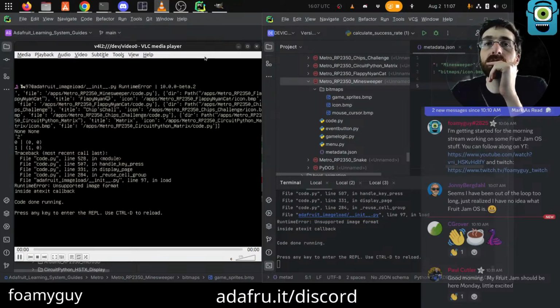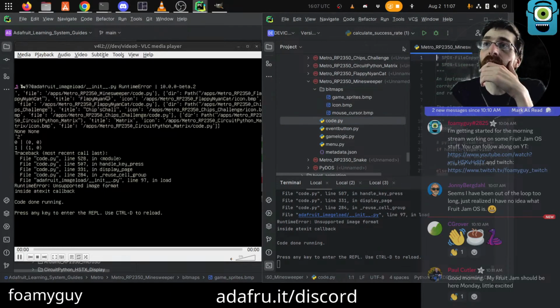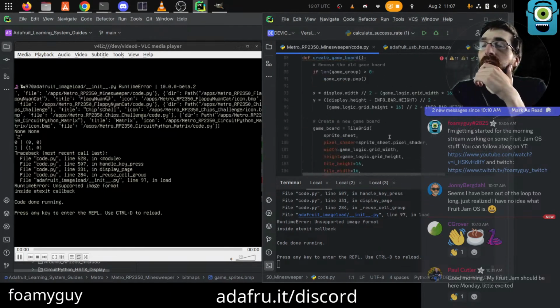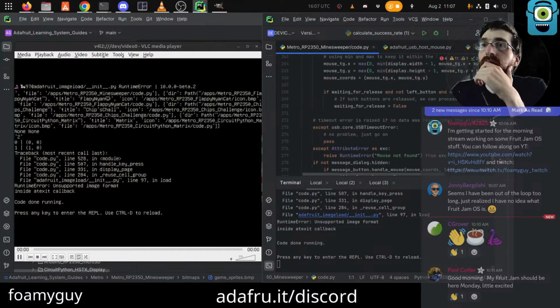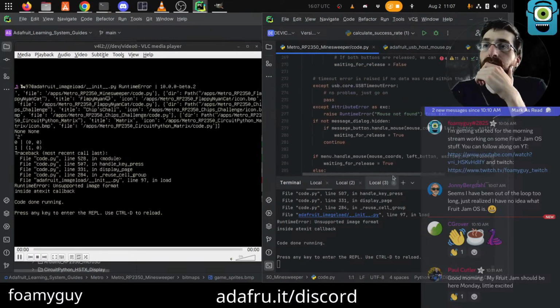Where does it do that? Imported image format. Icon bitmap. That's in code, line 284. Waiting for release.